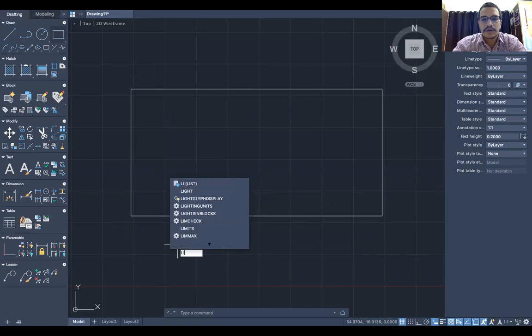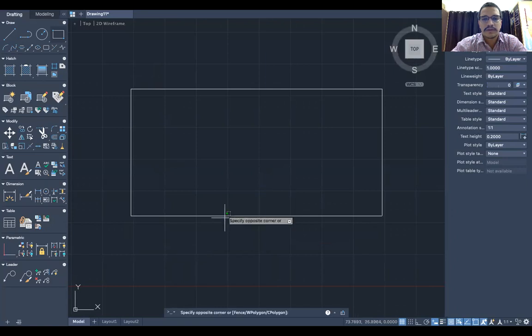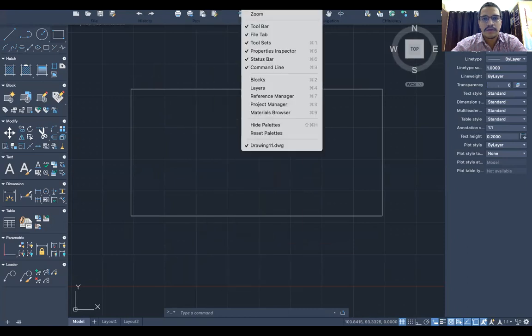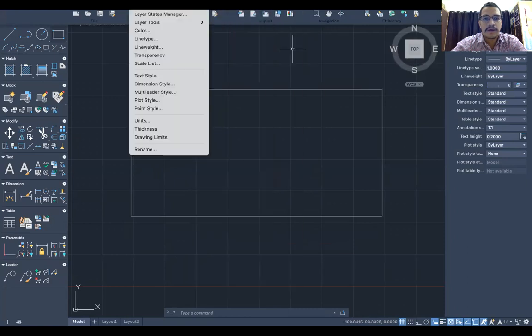Or you can go to the conventional method: go to Format and go to Drawing Limits. So you have both the conventional method as well as the shortcut.